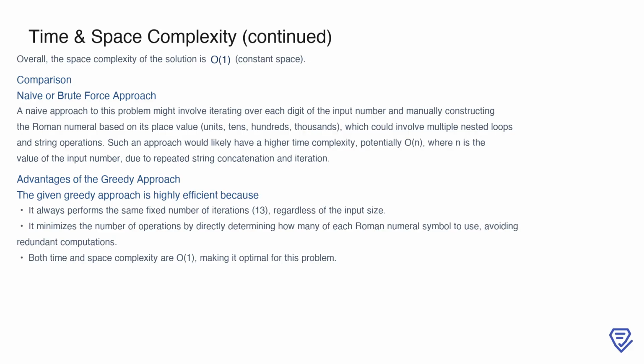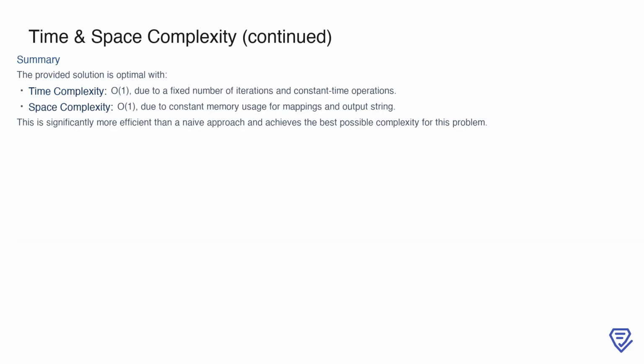This efficiency allows the greedy approach to achieve both time and space complexities of O(1), which is optimal for this problem. In summary, the provided solution demonstrates optimal efficiency. Its time complexity is O(1), because it performs a fixed number of iterations in constant time operations. Similarly, its space complexity is O(1), due to the constant amount of memory used for the mappings and the output string. Compared to a naive approach, this algorithm is significantly more efficient, achieving the best possible complexity for converting integers to Roman numerals. This makes the solution not only correct but also highly scalable, as it maintains consistent performance regardless